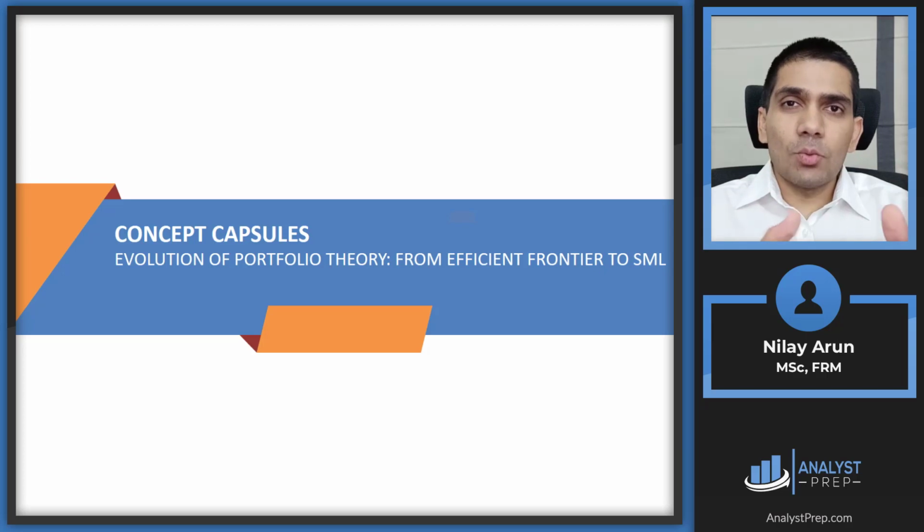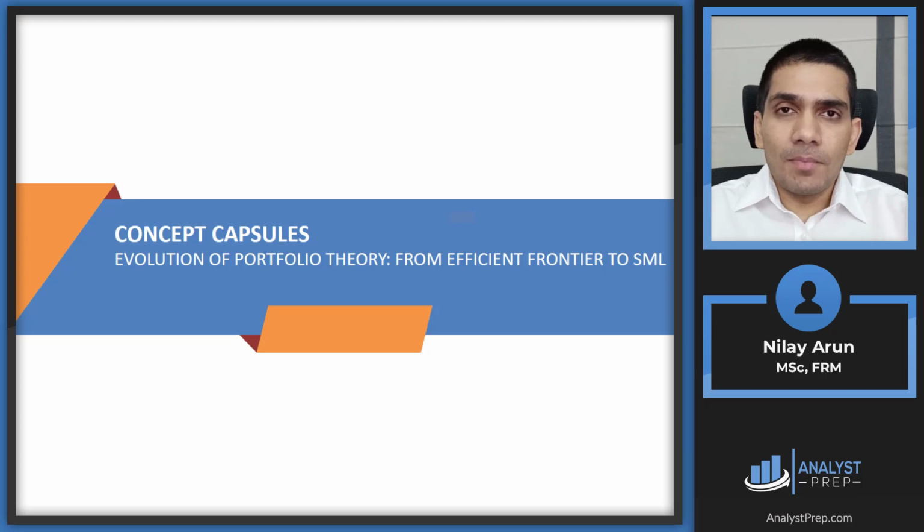Hi, let's start with the concept capsules for today. The topic that we're going to look at is the evolution of portfolio theory. So we'll start with the minimum variance frontier, then we move on to the efficient frontier. From there, we go on to the capital allocation line, then the capital market line, and then to the security